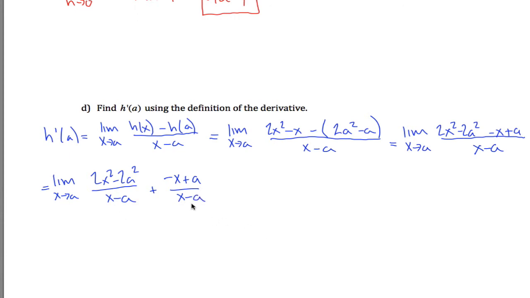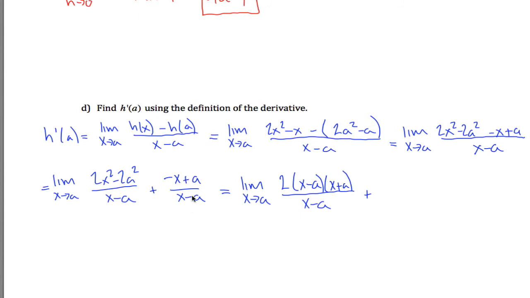Okay. So break it up into two fractions like this, and then do some algebra. I want to get an x minus a out of the top here. The limit as x approaches a. Well, let's see, they both have a 2 in common, so I could factor out a 2. And if I did so, I'd be left with x squared minus a squared, which is a difference of squares. So it's x minus a times x plus a. And then on the bottom here, I got an x minus a. And then for this other one,